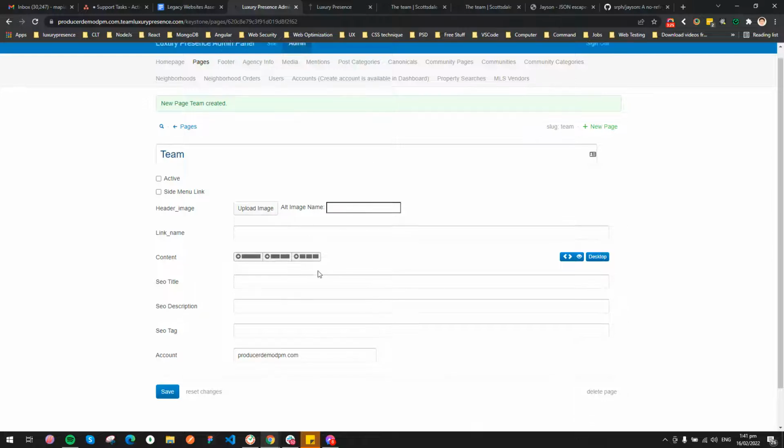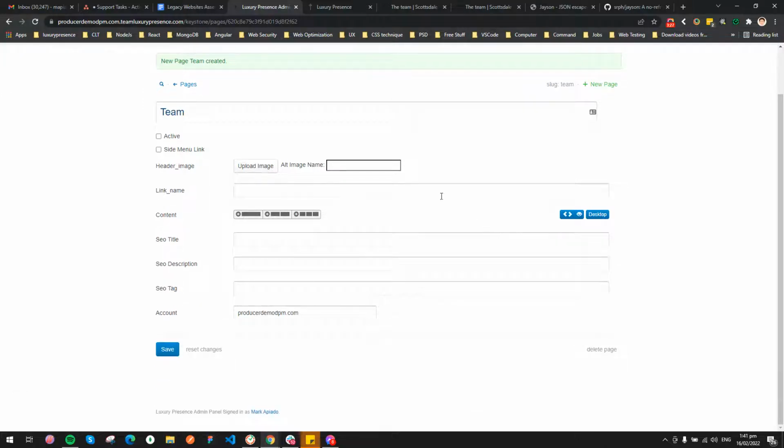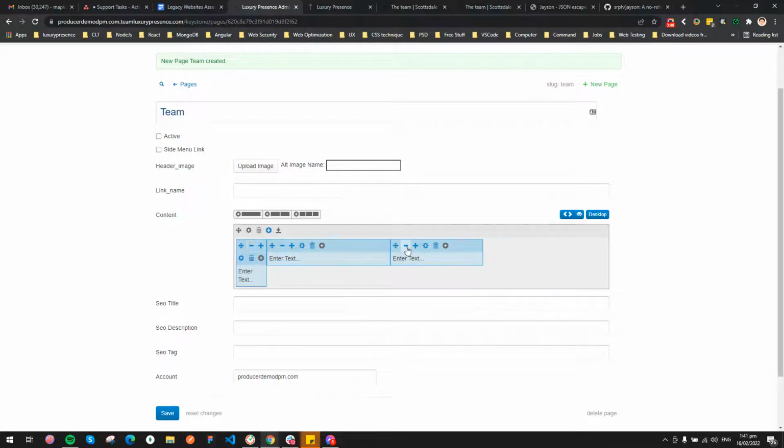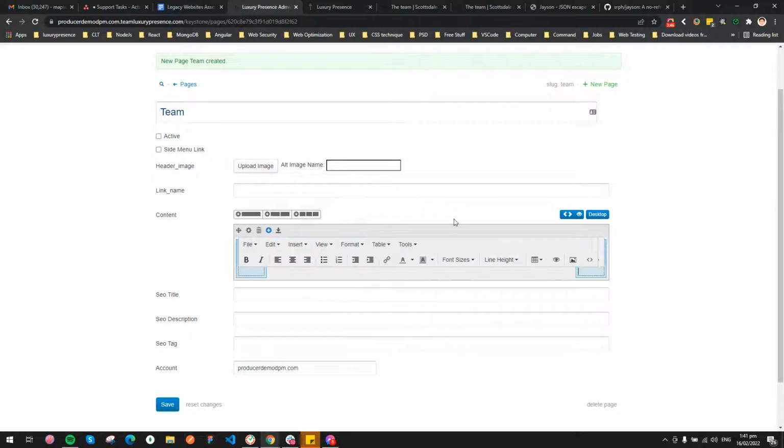I don't want to use the global image and so on. I just need the content. So maybe I can just say I need a 3-column layout, and we'll just use that as a margin, and we'll try to